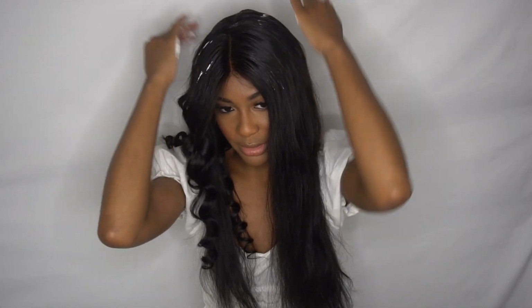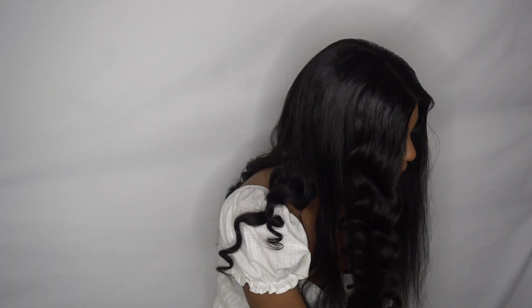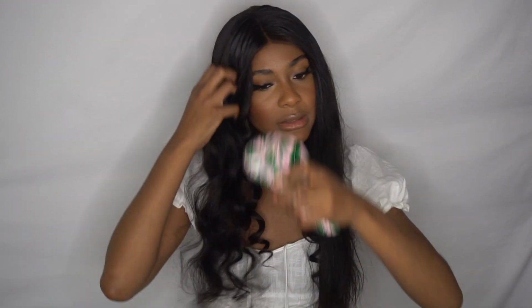Mousse that I have on hand, because these flyaways are actually starting to annoy me. They are not laying down. Usually when I flat iron the hair, I can tame most of the flyaways, but this one has a lot. So just be careful if you do end up planning on ordering this hair. I'm going to brush this out because I said I want it deep waves. So you just take a brush and just bam. Bam. And I'm going to just quickly curl the other side off camera and then give you my review